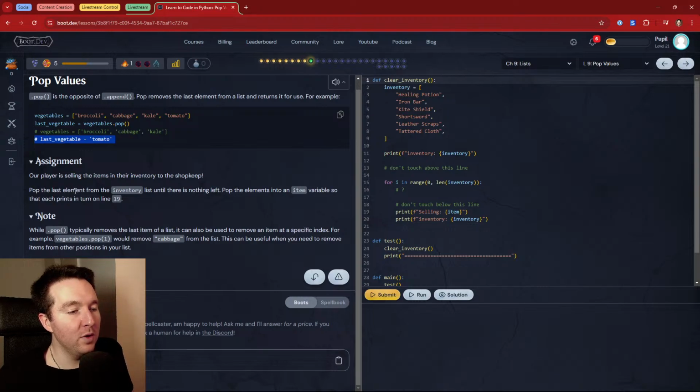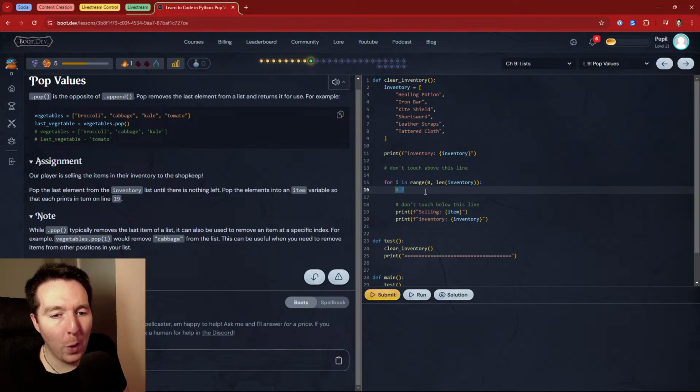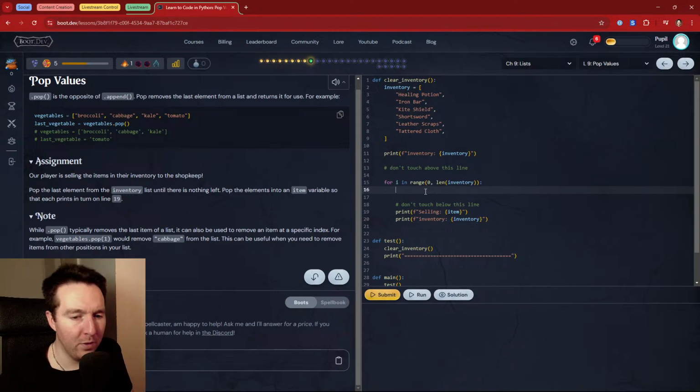So the assignment is pop the last element from the inventory list until there is nothing left. Pop the elements into an item variable so that each print returns on line 19. So item equals